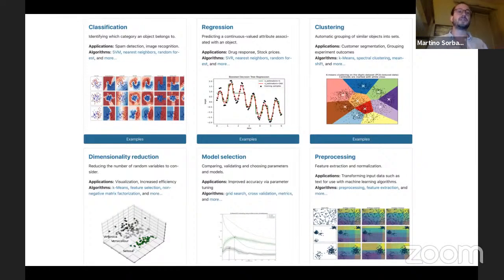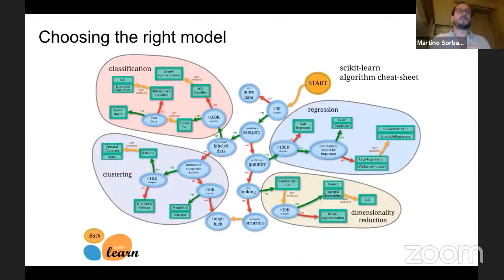What do we have? Classification, regression, clustering. We've talked about them very briefly, but we will look into them for the whole day. Dimensionality reduction, I'll say a bit more about it later. Model selection is all the tools for testing, training, evaluating whether the model is working and how well it's working under different points of view. Pre-processing is everything that has to do with normalization. So those are the big 6 families where you have everything that you need. This is an overview of Scikit-learn,